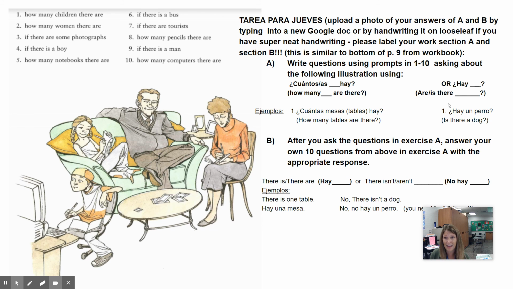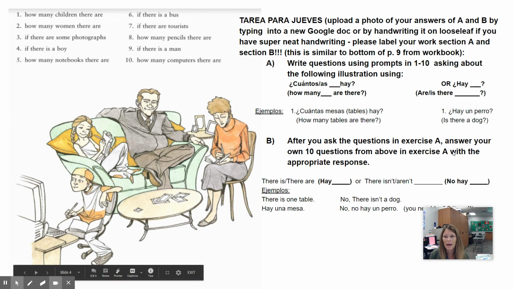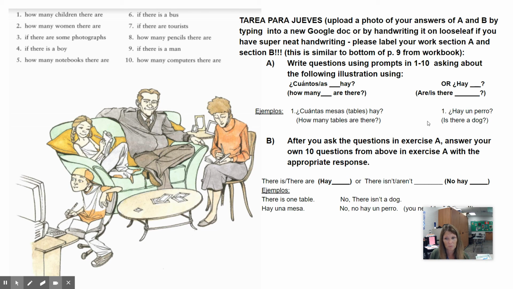But if I wanted to ask, is there a dog in the picture? You just start with hay. You wouldn't even need the cuántas. So is there a dog or are there dogs? Well, we don't see any, but ¿hay un perro? would be is there or are there, okay? So when you see if, you're going to use hay, and how many is cuántos or cuántas, okay?